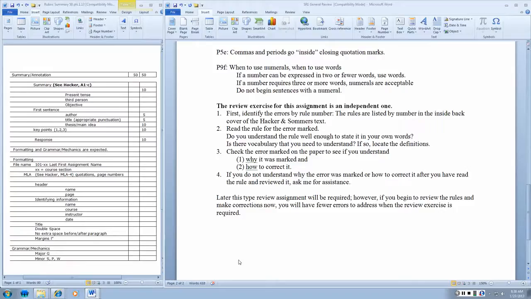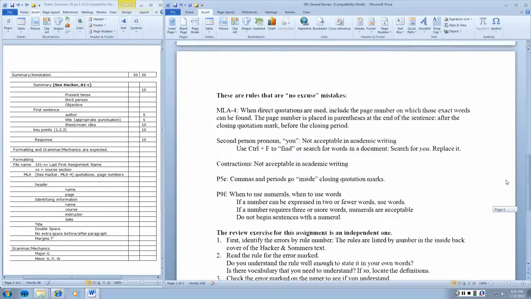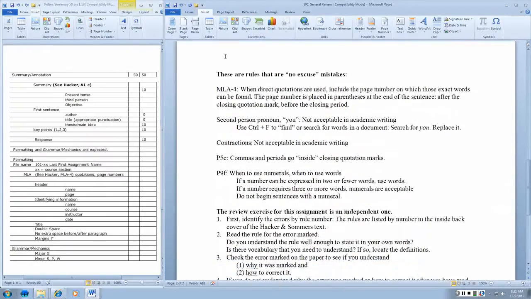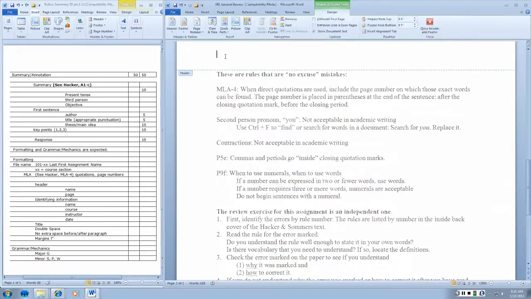There are instructions in the Hacker text, and you'll be able to find instructions online as well about how to set a document up. If you're still having problems, please ask me, and I'll help you walk through what you need to walk through. But I think the instructions are fairly clear about how to go through the process. One question that evidently is an issue is about a header. In order to insert a header, the instructions tell you this, but you double click at the top of the page and the header appears.